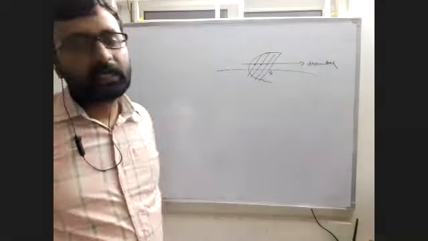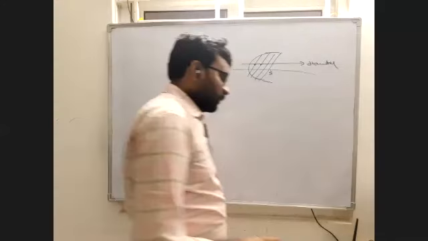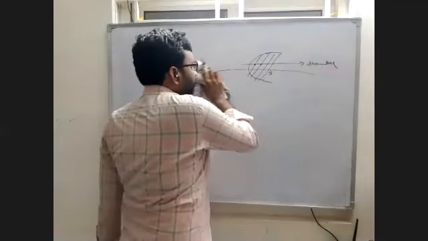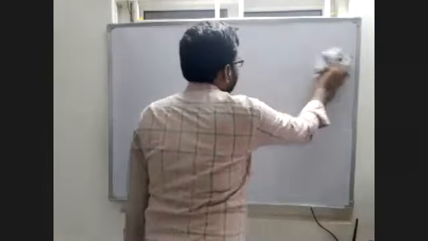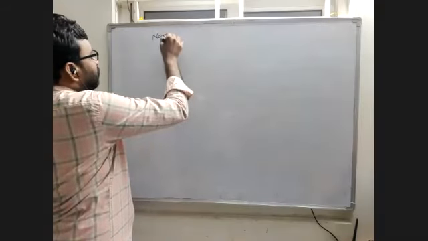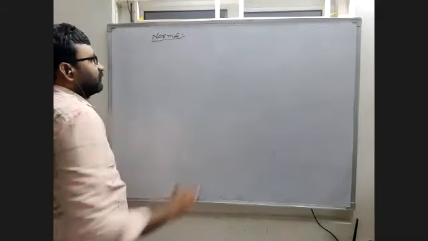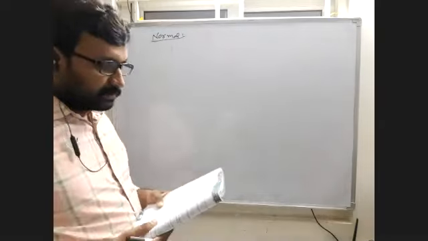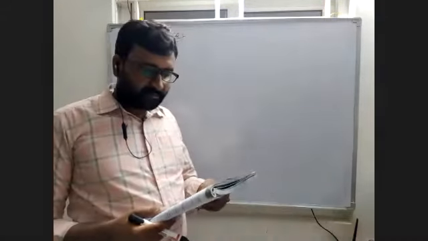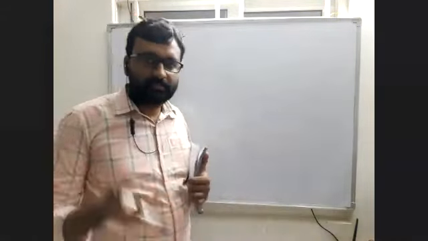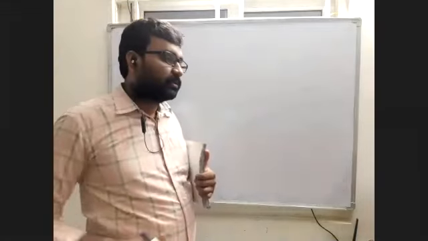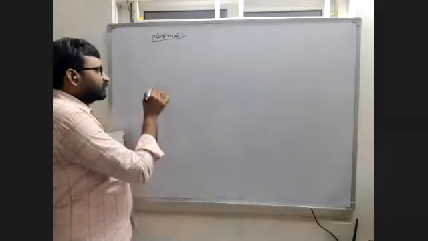Next one, normal. Normal means the line which is perpendicular to the tangent at the point is called the normal to the parabola, to the circle, to the ellipse, to the hyperbola. This is a big topic again, normal. The equation of normal to the parabola. If tangent comes, normal comes, remember that. We already have the tangent.